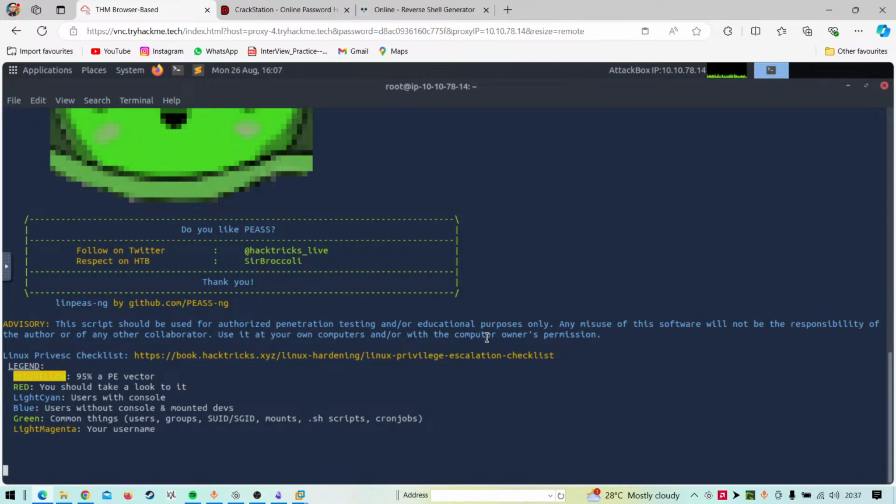Or maybe there could be kernel exploits. I think it's pretty much an old machine. No, it's not a much older machine, right? It's recently launched. So I'm just waiting for this particular script to complete its work.